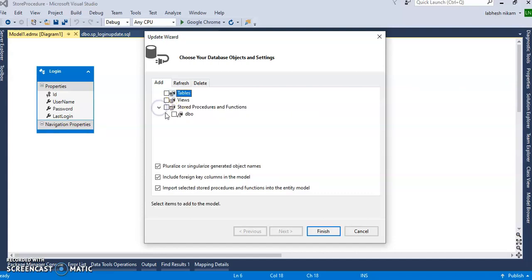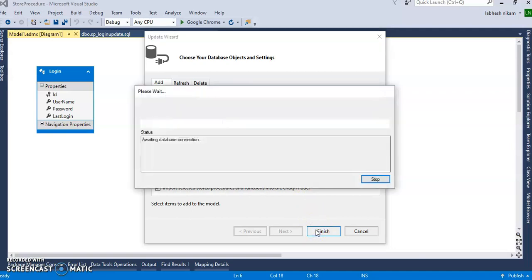Go to the stored procedures: sp get login by id, which gets login table data by id, and sp login update. These two stored procedures I need to update the data.